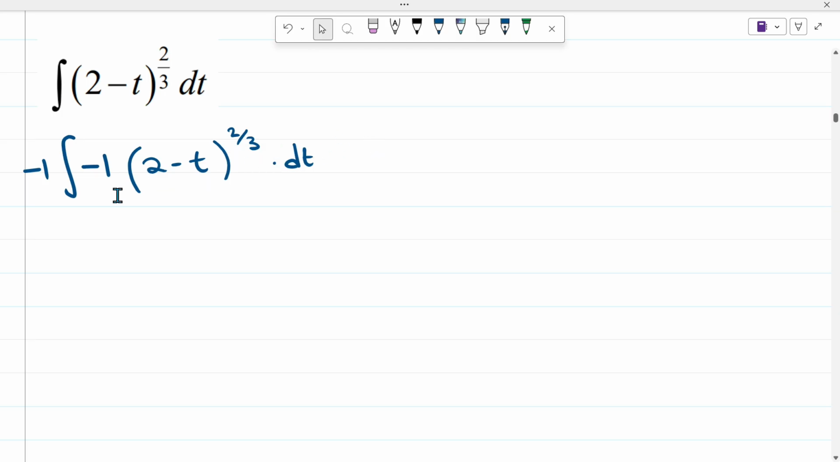So now when we check again, we have this as our function, and the derivative of it with respect to t, we get negative 1. So meaning that for this case, we can use the general power rule now. So okay, the answer for this is just going to be the negative 1, which is this one on the outside, multiplied by, now I apply my general power rule, which is going to be 2 minus t to the power 2 over 3